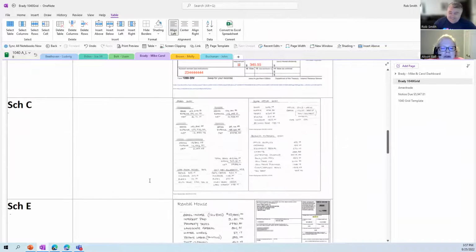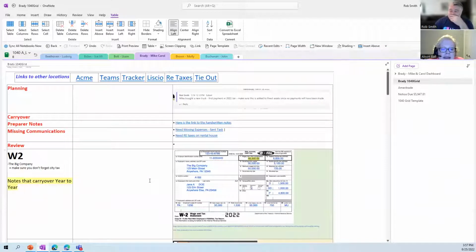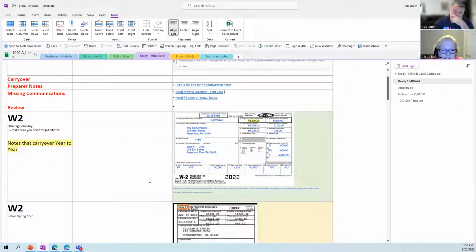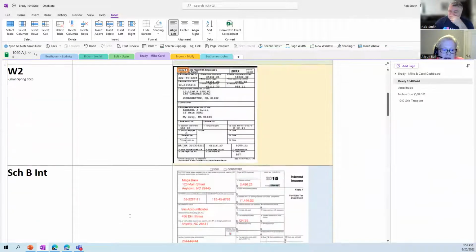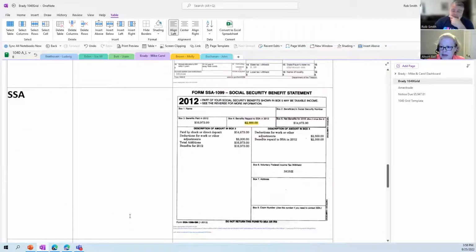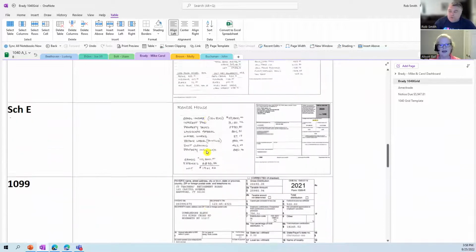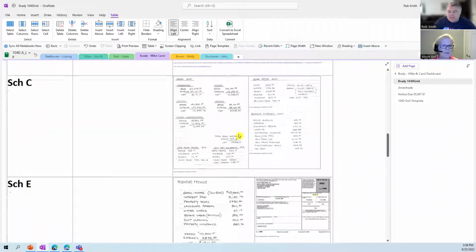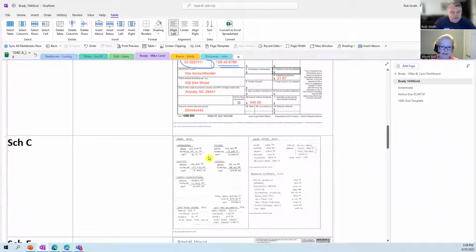Okay, show me. This is so cool. I think this might be the coolest thing, honestly, because you can see at a glance what they did last year and compare to this year, and just eyeball whether there's a big problem. Yeah. Experience. And a new staff member may not know what it should look like, but they're going to see, because generally speaking, clients do the same thing year after year, and it looks the same, 90% of it. So they're going to be able to see what last year's looked like without having to go through last year's workpapers and go through 40 sheets of paper to find something. So cool. And guess what? Right here,